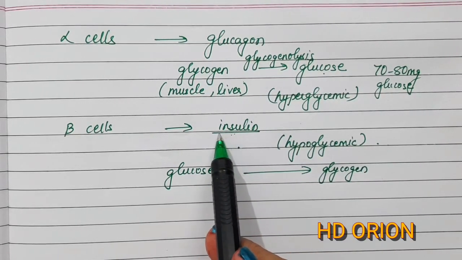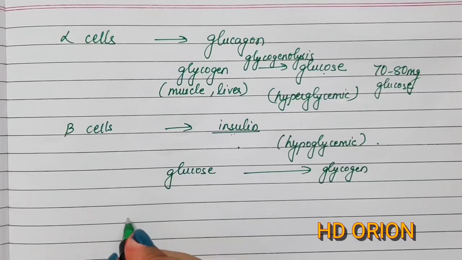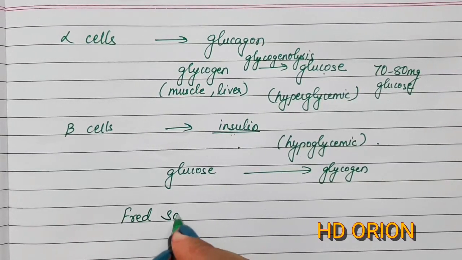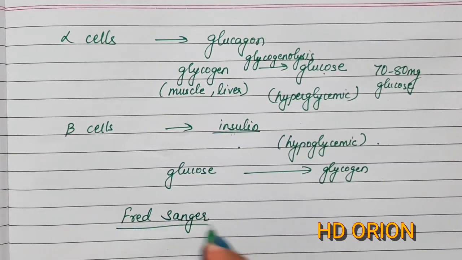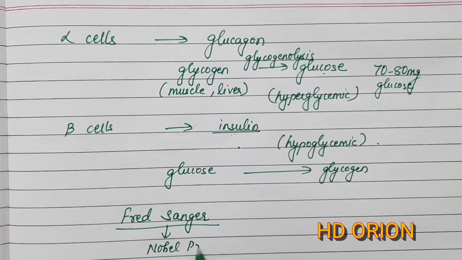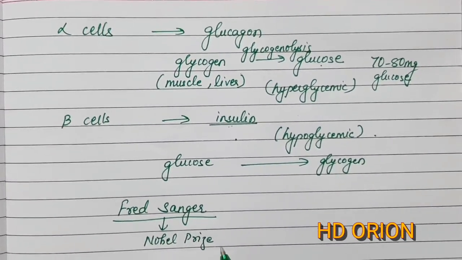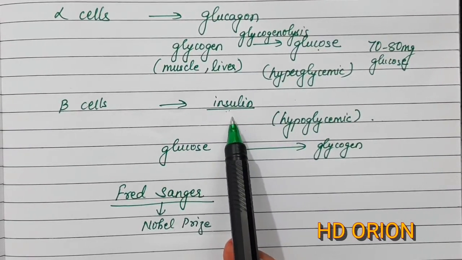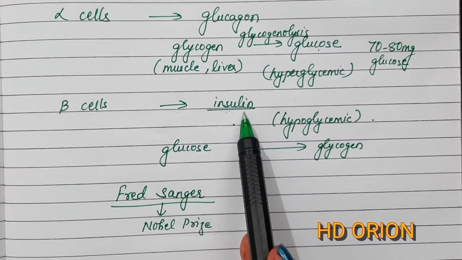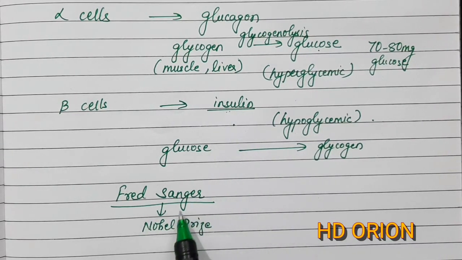Now insulin was studied by Fred Sanger, and its entire structure was told, and this scientist is very important because he got the Nobel Prize for it. And we know how pronounced is the effect of insulin in a day-to-day world, and so many people are suffering from diabetes because of the lack of insulin. Fred Sanger, who told about the structure of insulin, was given a Nobel Prize because artificially then insulin could be made.